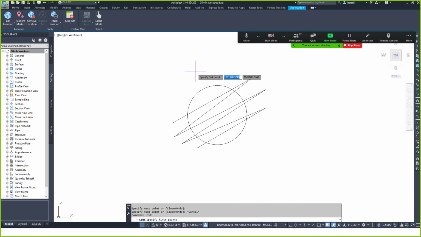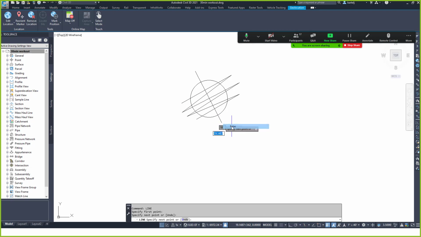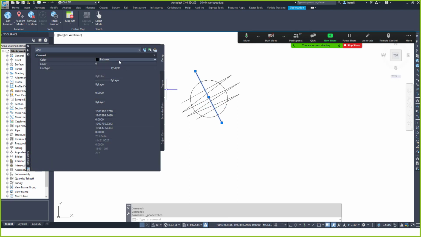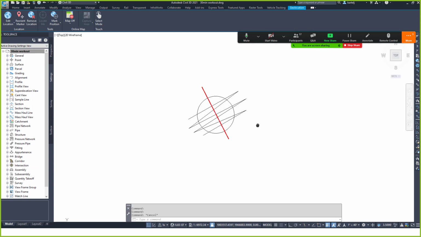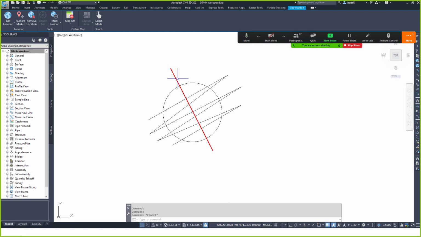So I've got some geometry here. What I want to do is take this line here and make it a little bit easier to see. I'm going to set my color to be red, and I'm going to set my line weight to 0.3. We'll go ahead and take a look at that. If my goal was to trim the arc based on this line, I would use the trim command as I always have. If I type in the command trim, the one place that this is different in 2021 is